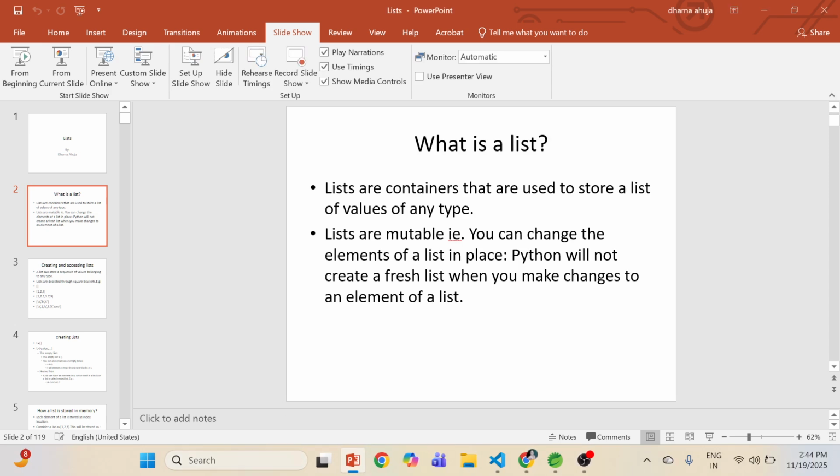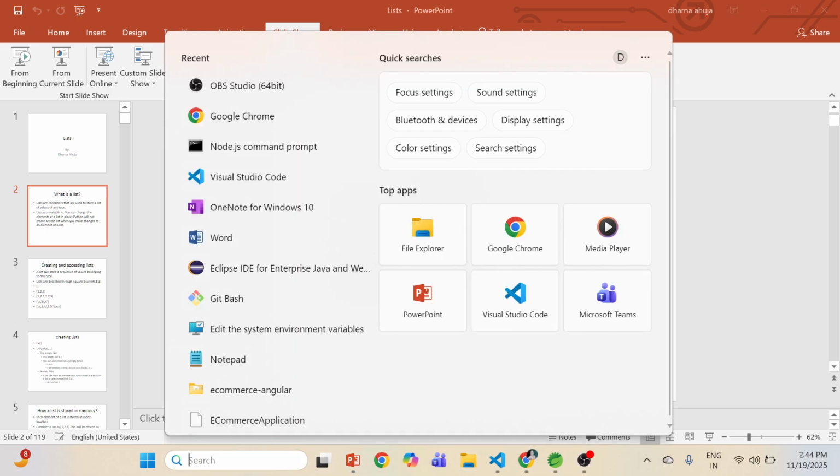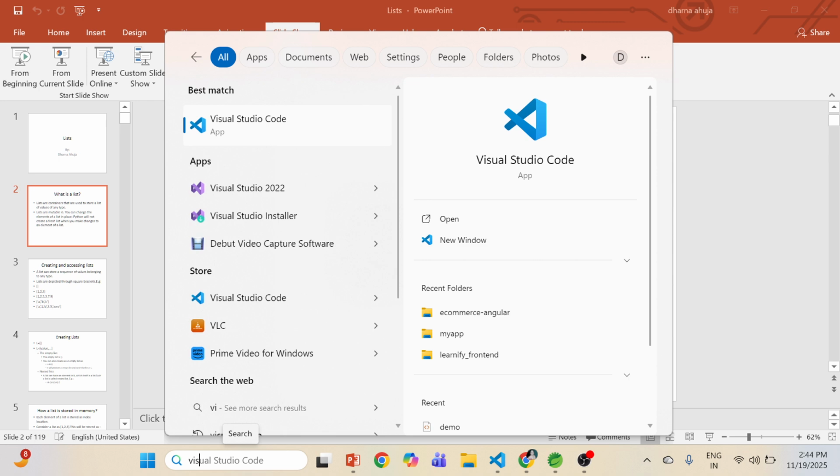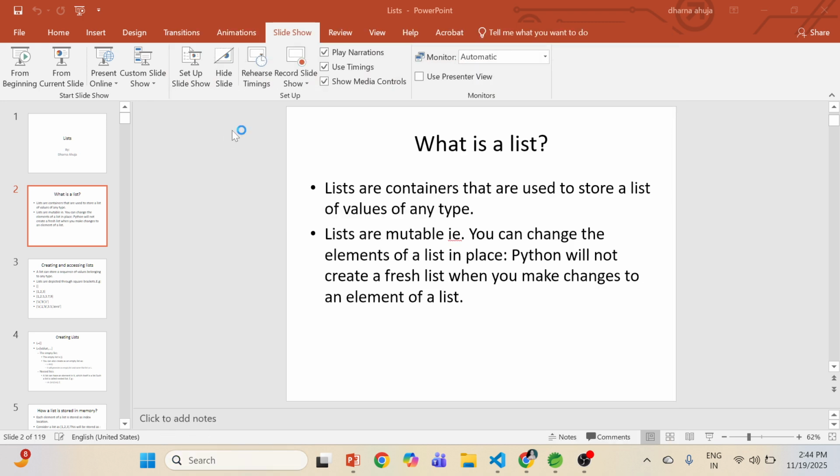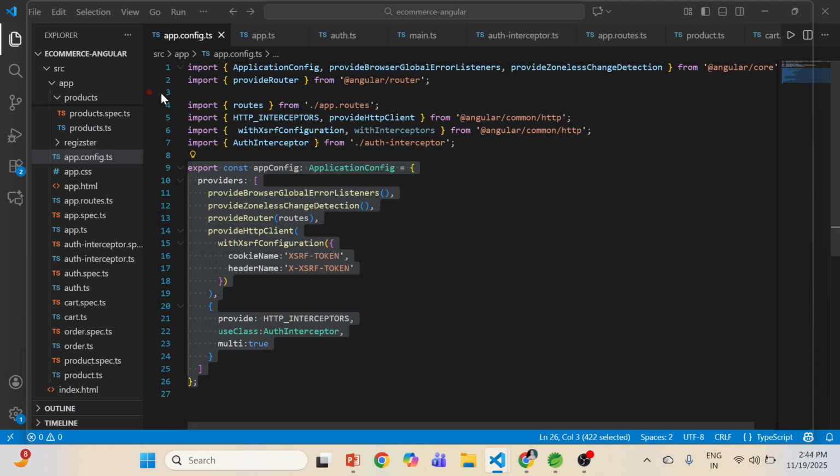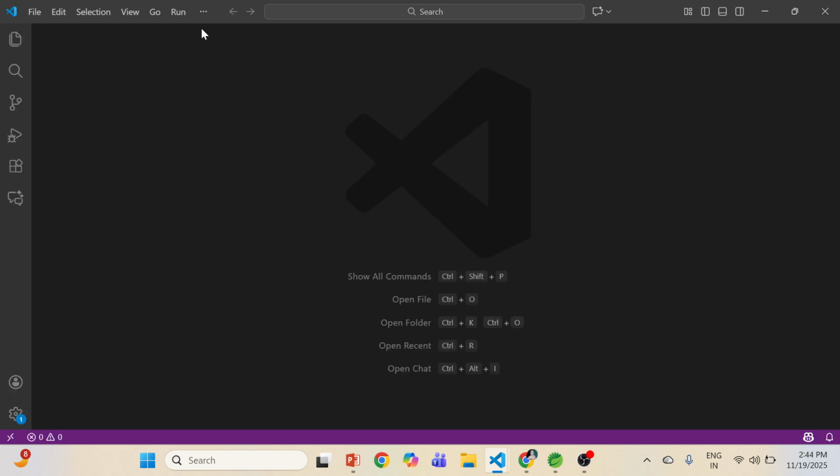So I will open Python, we will go to the editor. So here I'm going to create a new Python file.